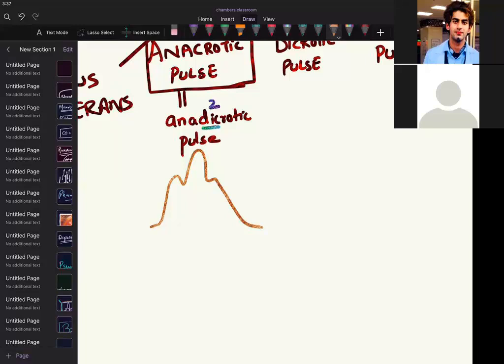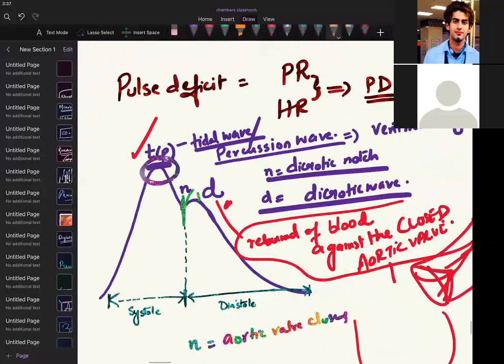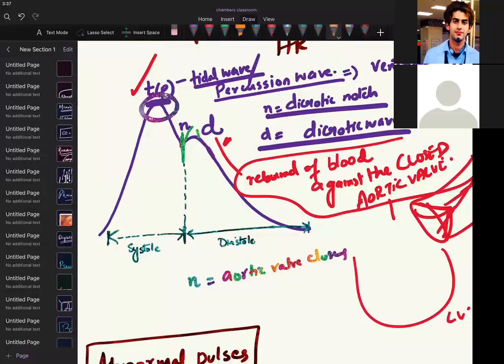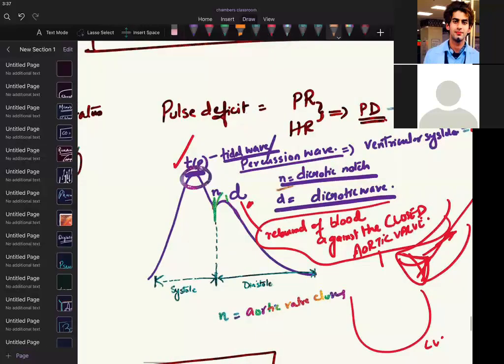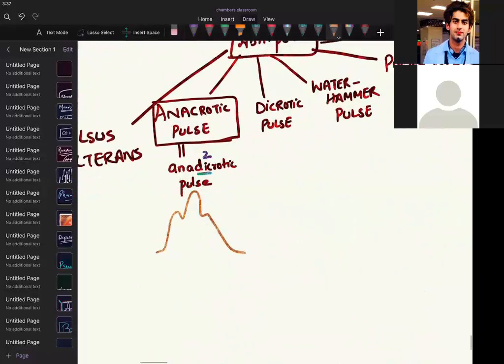Is it difficult? See, first we understood the basics, then you will understand the abnormality. Then you have to keep this in your brain. T and D should be remembered first. You should have that. Clear? Okay, very nice. You have understood this. Now in which case will you see this?